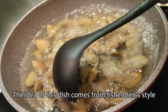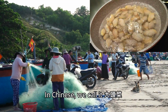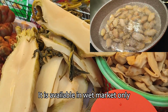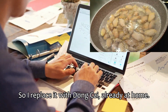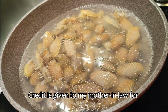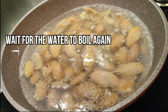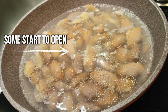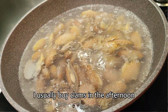The idea of this dish comes from fisherman style to cook seafood with salt, oil and preserved kohlrabi. In Chinese, we call it 大頭菜. It is available in wet market only. After work, I don't want to go around and fetch different stuff, so I replace it with 冬菜 already at home. It was amazingly good. Credit is given to my mother-in-law for teaching me her fisherman style of cooking. 水上人中意用油鹽同大頭菜煮海鮮，我呢度轉咗用冬菜，味道一樣咁好。